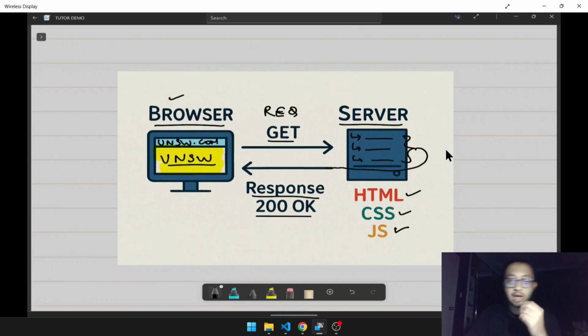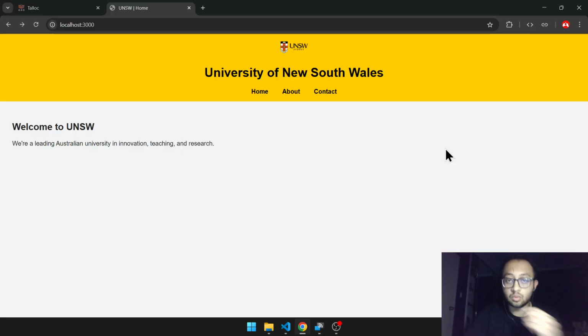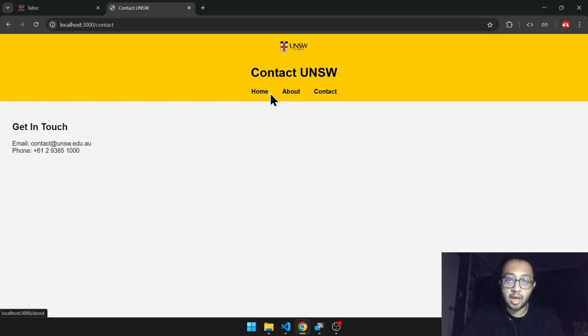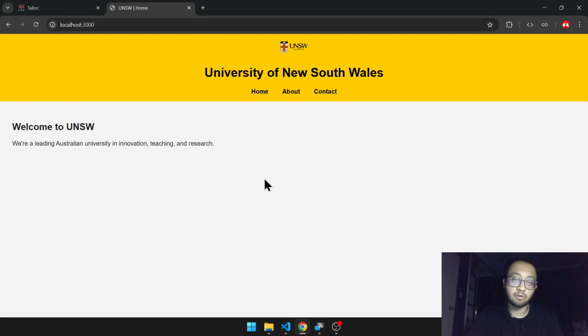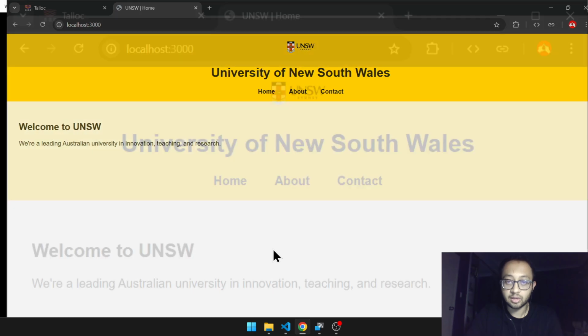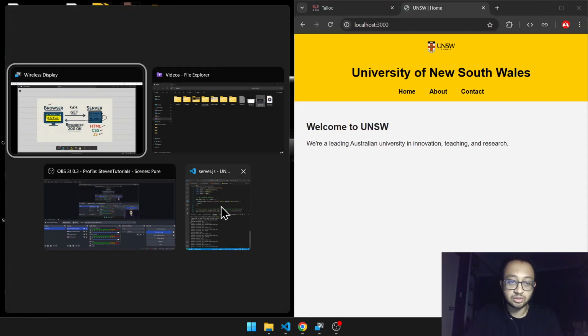So I actually have a working example of what I have just explained. Here I have a mockup, a mini UNSW website that I made using HTML and CSS. As you can see, there are a couple of pages, and these are all getting served by a web server that I made using Express.js, which is a Node.js based framework. If we look into the code and see,